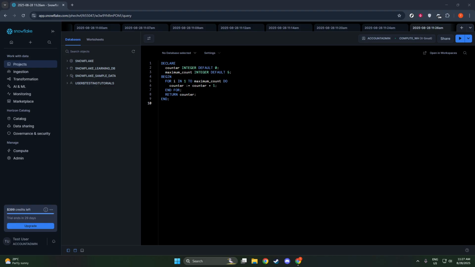You now have the skills to apply this effectively within your SQL projects, enhancing the efficiency and functionality of your code. So take this snippet and practice implementing it into your Snowflake environment. Try experimenting with different maximum counts or incorporating more complex operations inside the loop. Building on from here, you can explore cursor-based and result set-based loops as your next steps in mastering Snowflake and